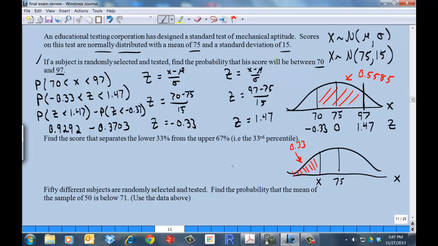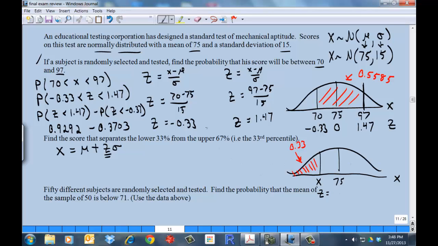So remember, the formula that we use, which comes from the z-score formula, if you do a bit of algebra, you get x equals mu plus z times sigma. And we already know mu, right? Mu is right here. And we already know sigma, which is 15 from here. The only thing that we don't know is z. Z is the only thing that's holding us back from finding the raw score X that separates the bottom 33%